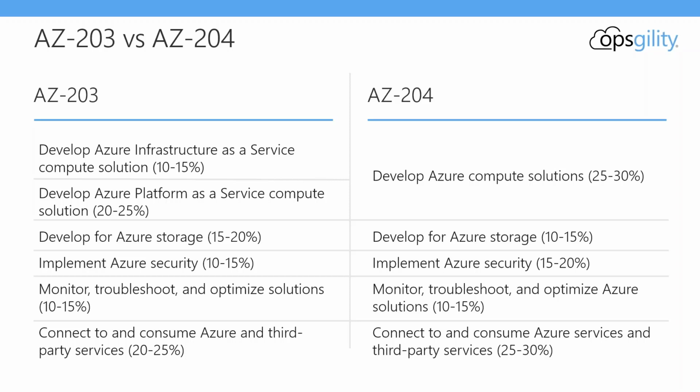While the weighting for storage fell, the weighting for security did come up. Beyond implementing OpenID Connect and OAuth 2.0 for authentication and authorization, you'll also find that app configuration and Key Vault APIs are pretty pervasive. You'll also run into managed identities within this domain. And I think this is a good one to call out because we've just run into a new skill. So app configuration is a service that wasn't available when the AZ-203 was initially envisioned. And I think this speaks to how these exams are going to continually be updated as new services are released and they come out of preview and they go to GA. And once they've hit GA or general availability, they're 100% fair game to show up on an exam